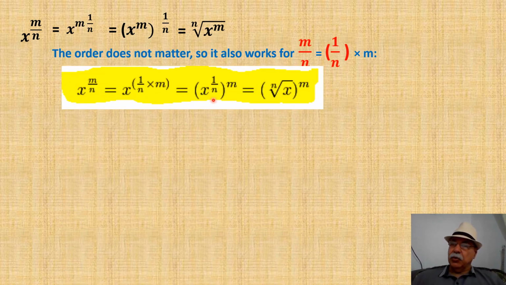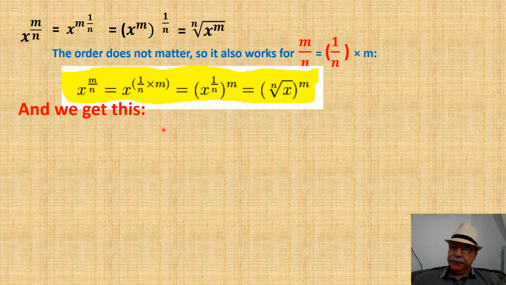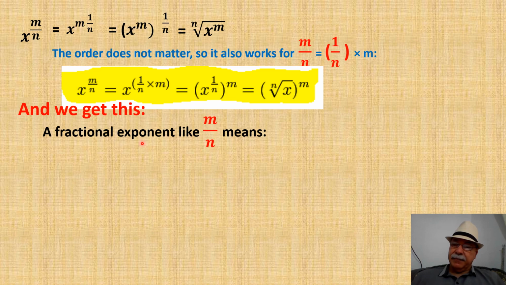So this is the rule I write here, this is the general rule about this. You say the same thing here, m over n, we transfer this to process this, and we also do it like this as the second process, and we also transfer this to the root. This is the last, I want to find the value of this root. And we get this also, we can see that